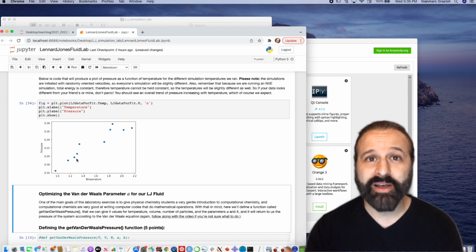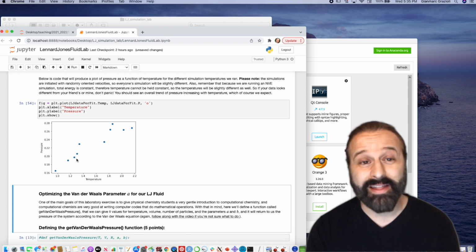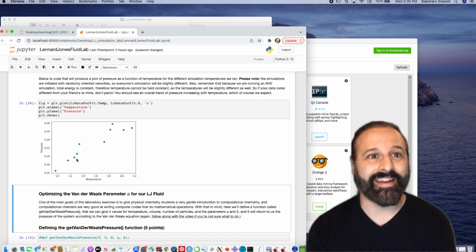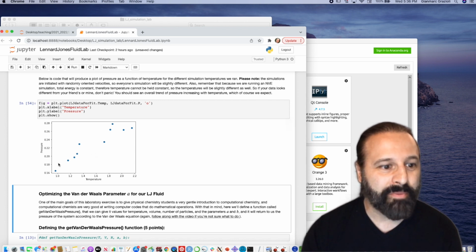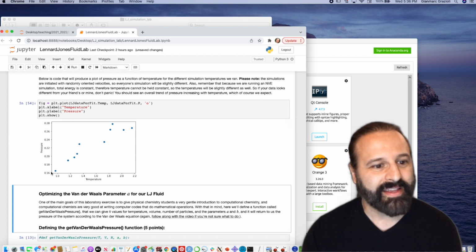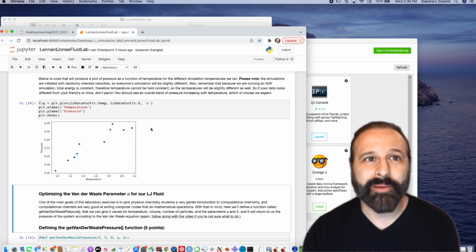As I've talked about, this is a constant energy simulation. So temperature is actually going to fluctuate, and that's okay. It has to, right? This is the laws of physics at work here. But we see that the overall trend here is that it gets hotter, the pressure goes up, and the volume's